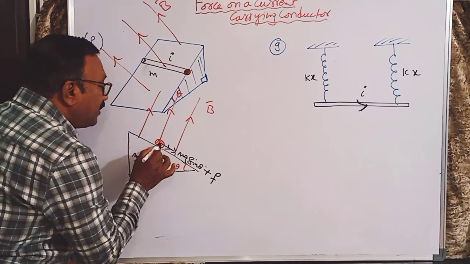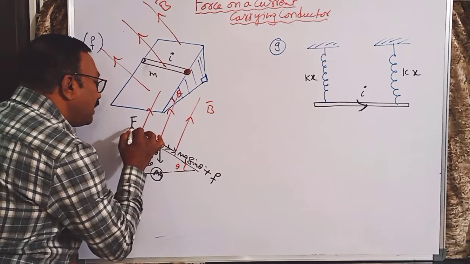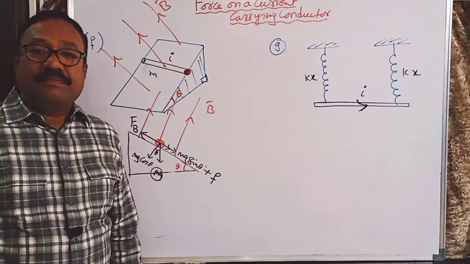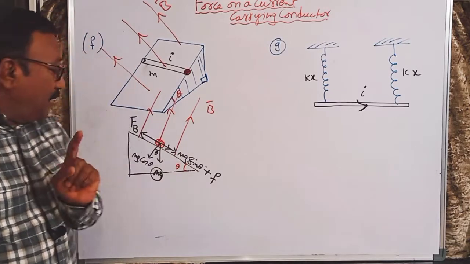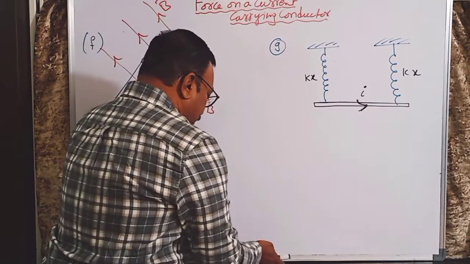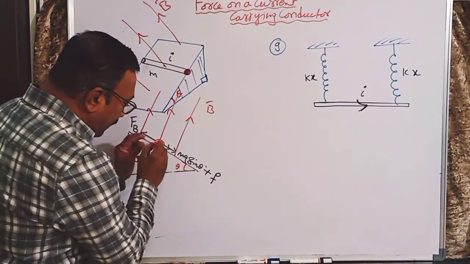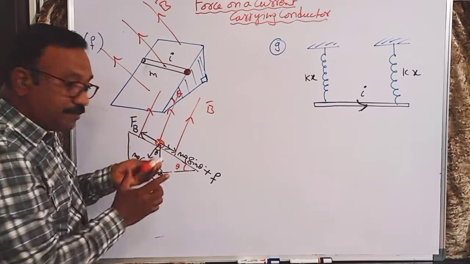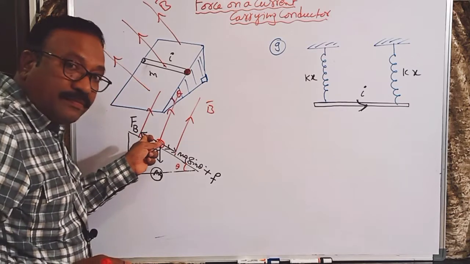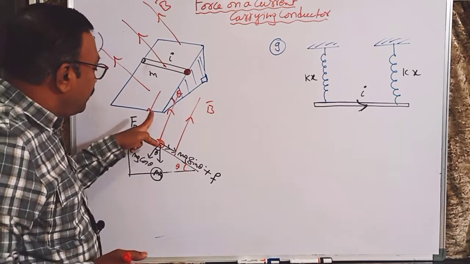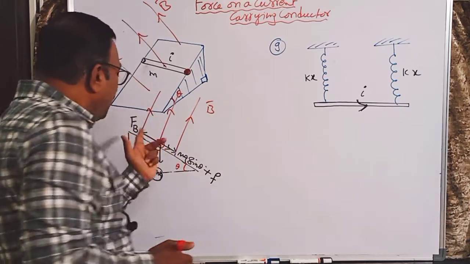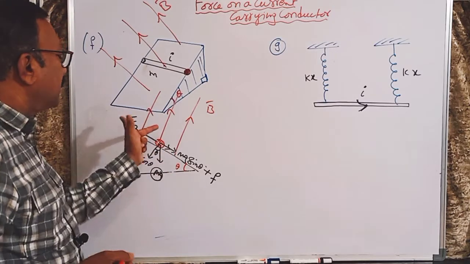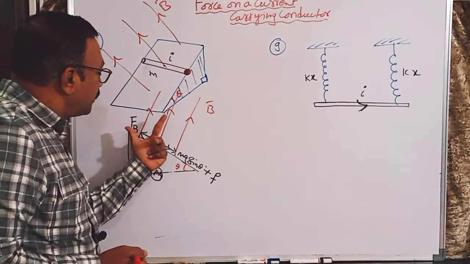Then definitely the force due to the magnetic field must be acting in this direction. I will explain why. Because he told the conductor is moving up the inclined plane. Let the current in this conductor be flowing inward. This is a cross section you are seeing. Then the magnetic field, in or out, let me see. The current will be coming out here, because if current is coming outward, then the force will act this way.